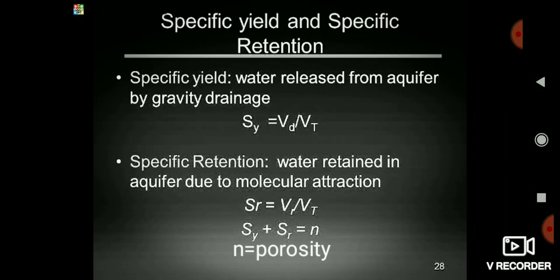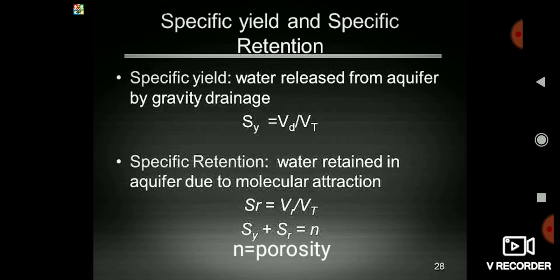Now friends, this is another concept in the aquifer. Generally, up to now, questions have been asked only from these two concepts, whatever formulas I have told you, and now this concept. Only 2-3 questions are asked on this concept, but I will try to solve all the questions asked and clear all your doubts and theory.